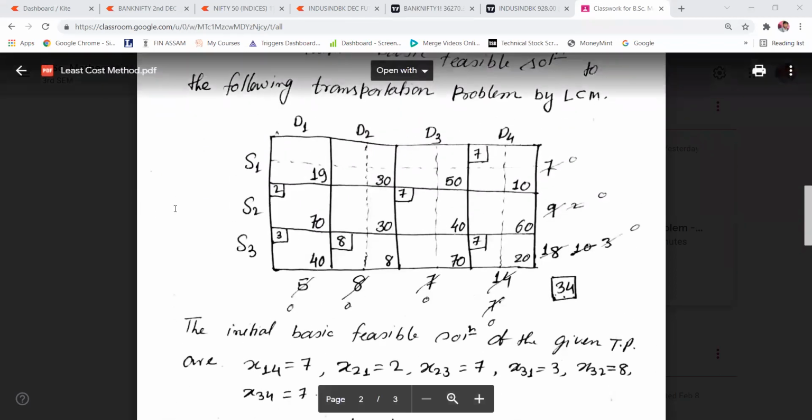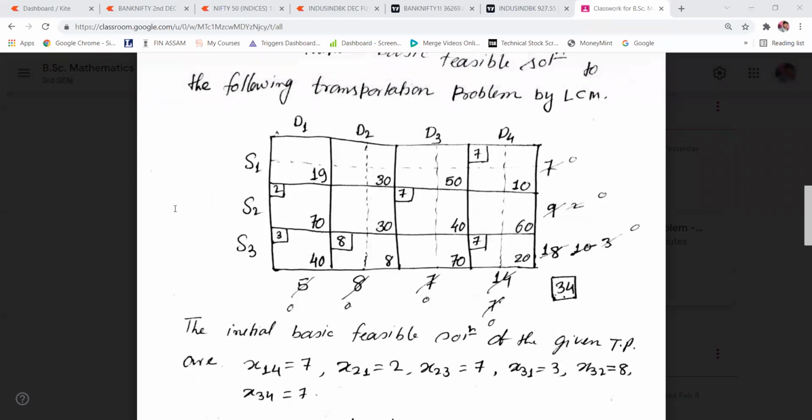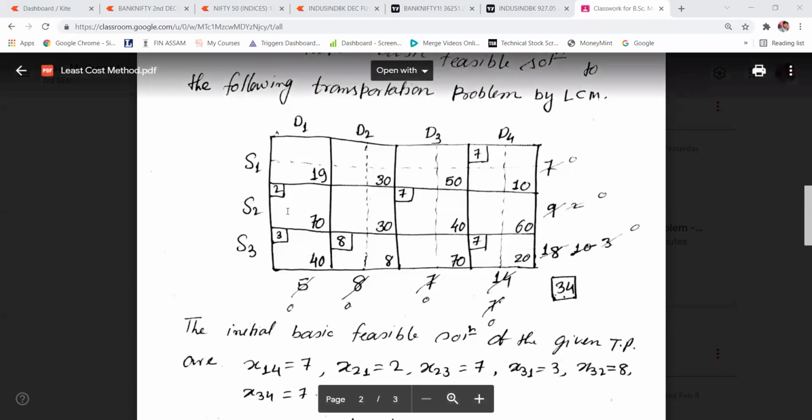While doing this problem, if you find that your supply and demand are not exhausted at last, that means you have made some mistake in allocation. If it is a balanced transportation problem, the supply and demand must exhaust at last.